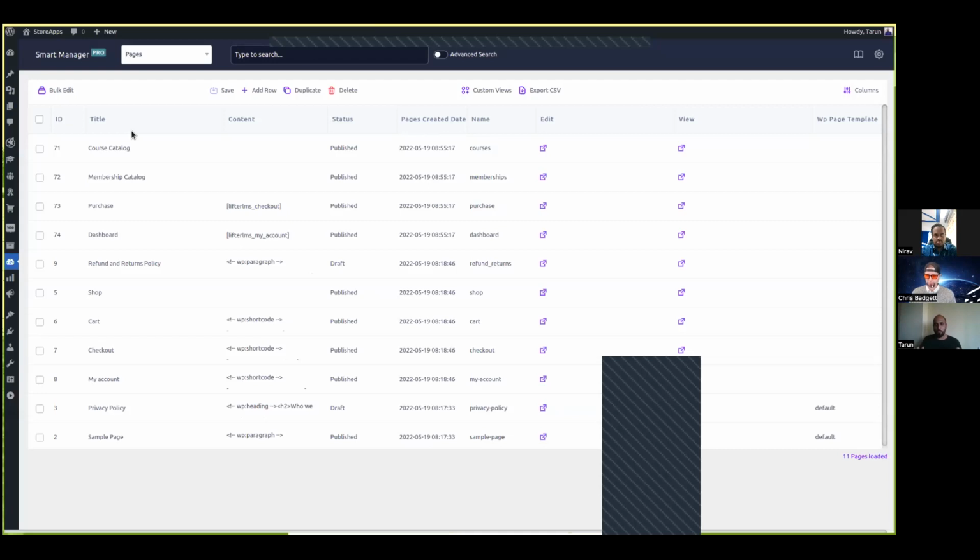After that, Smart Manager will read that. Based on that data, it will detect the data types, let you manage it, detect the custom taxonomies, detect the data type for them, and let you manage those. So it should be able to read any post type that gets added to your WordPress without any issues. That's awesome.